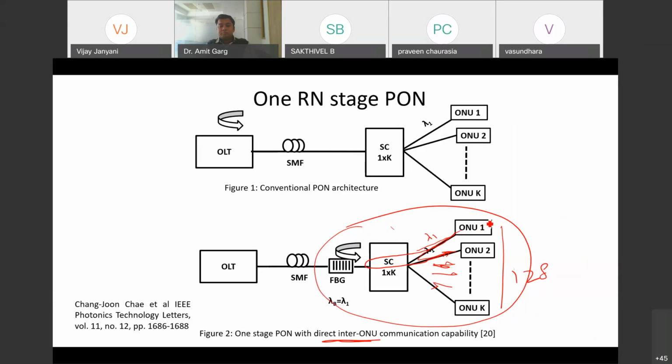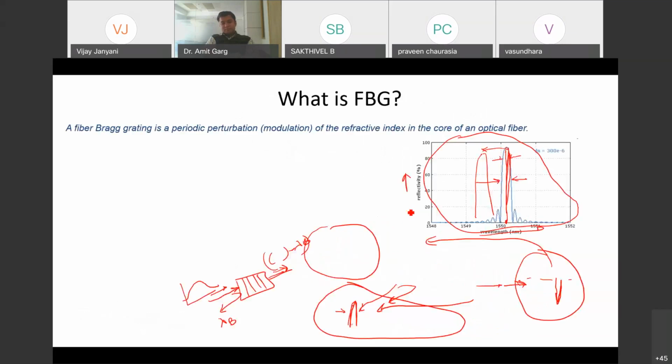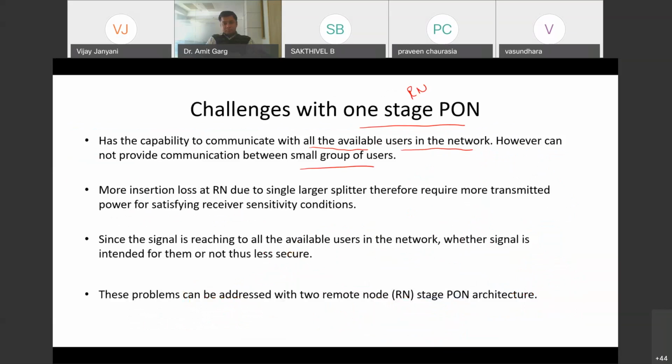Let us say these four ONUs are in the ECE department, and the next four ONUs are in CAC, and then some in different departments. So we need an arrangement that if this ONU belongs to the ECE department and wants to communicate only with the ECE group, that should be possible, or it should also be possible to communicate with all other ONUs. This facility is not there in this scheme. We'll see how it can be implemented.